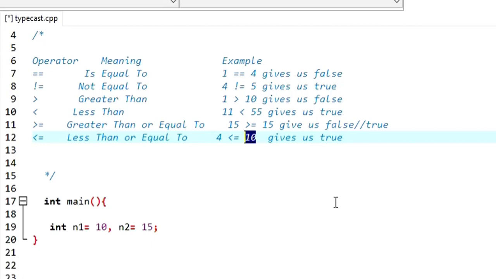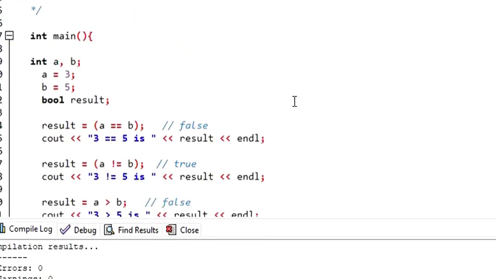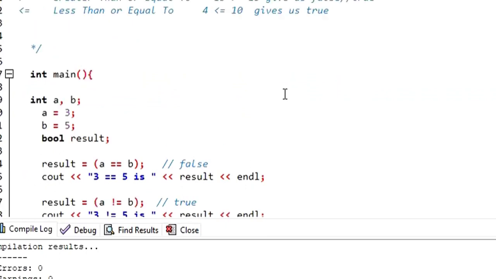Now let me give you a simple quick example. For the sake of time I have already typed the simple program. Actually this is very simple for you to understand. So I have declared two variables, namely A and B. I have assigned the value for the A variable as well as for the B variable. I'm sure that this one is quite surprising: bool. Bool is nothing but the Boolean data type. We use the Boolean data type to check whether the condition is true or false. If the condition is true, it's going to return 1. If the condition is false, it's going to return 0.